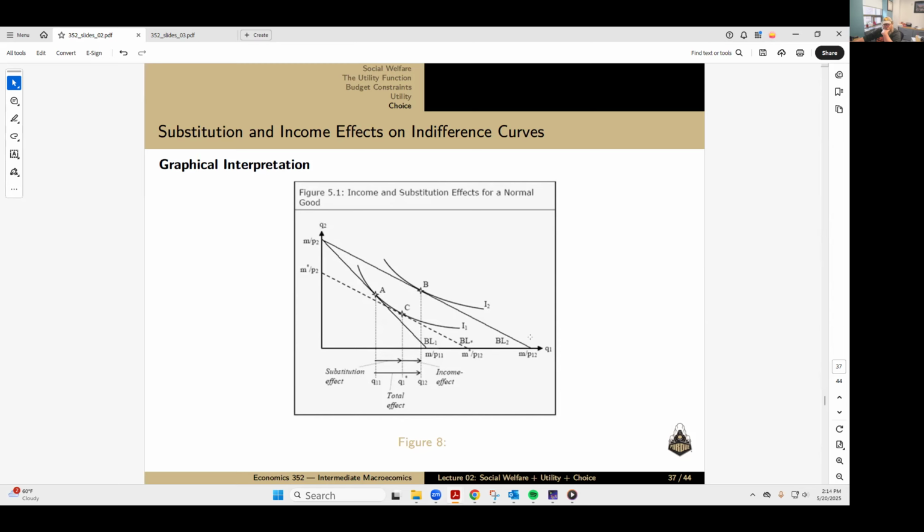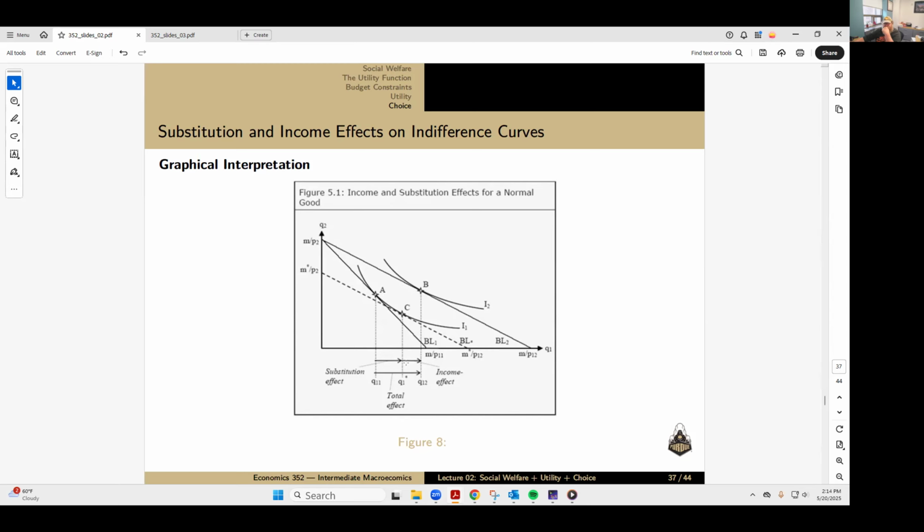So at the new prices, with the price of good one being lower, if I took money away from you to keep you just as happy, that is, on the original indifference curve, then this individual would consume bundle C. You'll notice that bundle C compared to bundle B is less X, and considerably less Y as well. But the difference between C and B ends up being